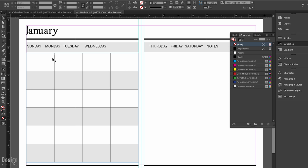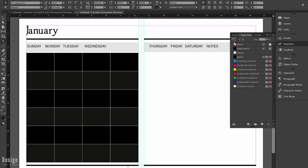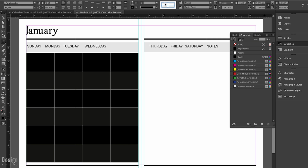Okay, and you can see that now the border around our table is completely gone, but we're left with some inside borders that we want to go ahead and style. So the first thing that we want to do, again, is select this so that we get our options here. And we are going to completely get rid of the row stroke. So one thing we want to do is just select over here in this box the strokes that we want to work on. So the first one is the center one, and you can see that when you deselect all of them